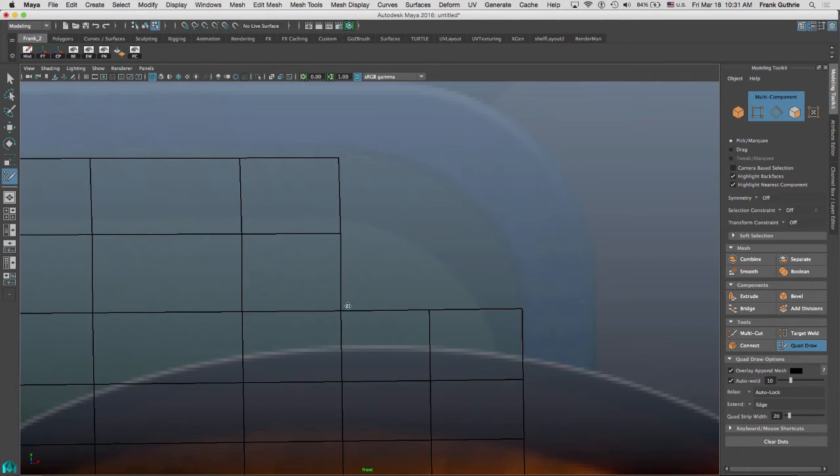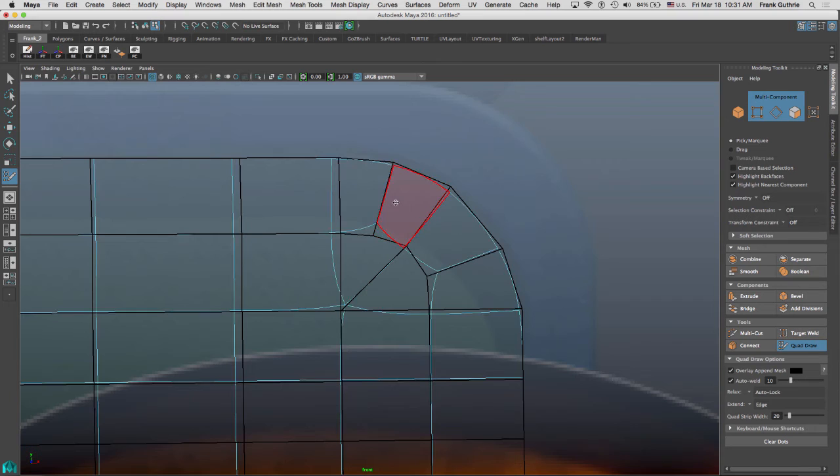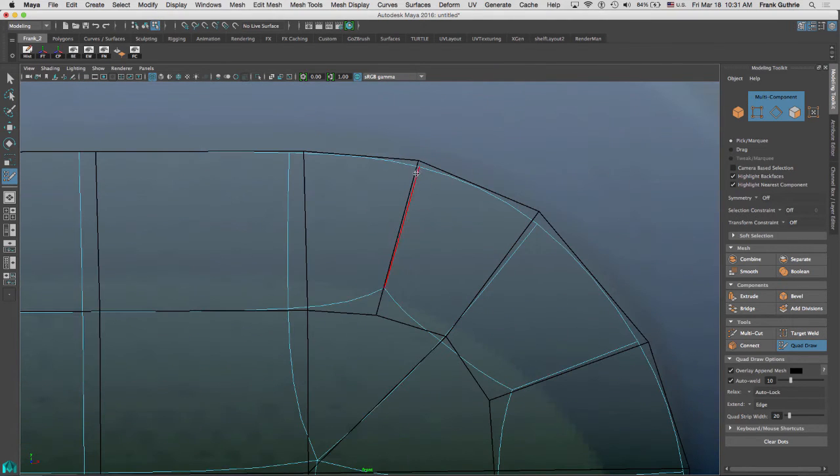So I know that I'm going to need a middle point. So this guy's going to go right here to right here, and then I'm going to need one that goes here to here and another one that goes from here to here. All right, so let's close our edge loops, and I'm going to do this one, and then I'm going to do this one here, and then this one here. Hit 3, fix this smooth